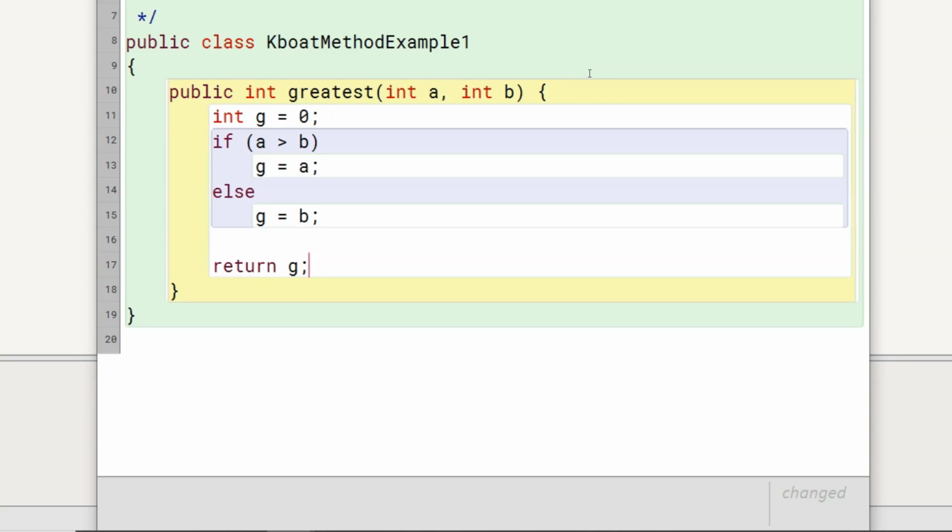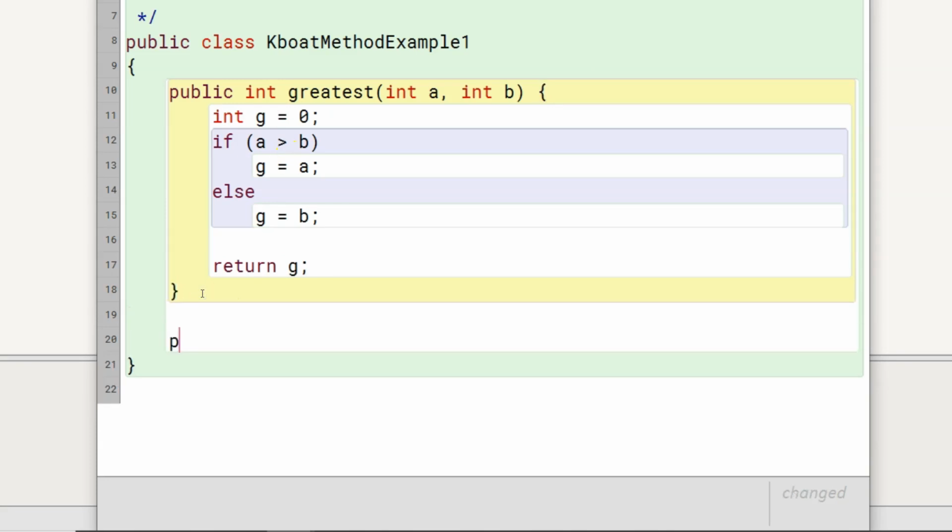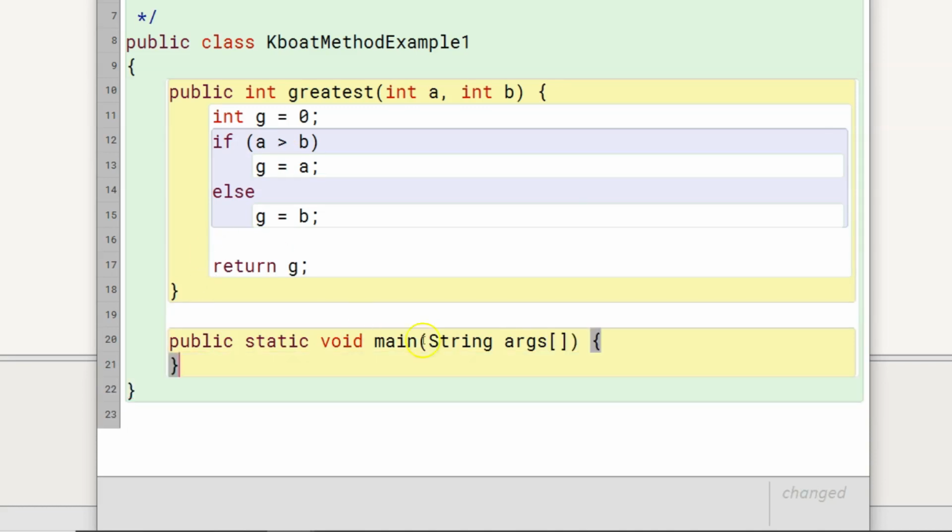The question also requires us to accept two numbers from the user. To do that, I will add a main method to this class. public static void main(String args[]). Inside the main method, I will accept the two numbers using the Scanner class.